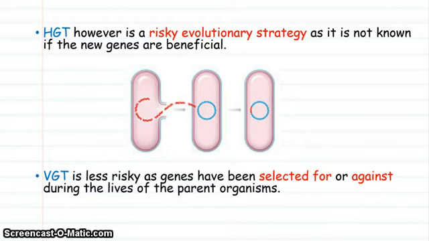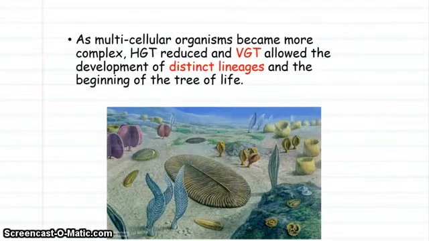So vertical gene transfer is less risky as an evolutionary method of passing on genes because natural selection plays its part and takes away the deleterious alleles. But as time went on, horizontal gene transfer reduced and vertical gene transfer took over. There was a great deal of variation between individuals and offspring and between species, which allowed for distinct